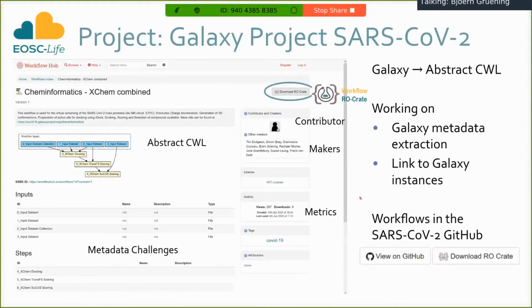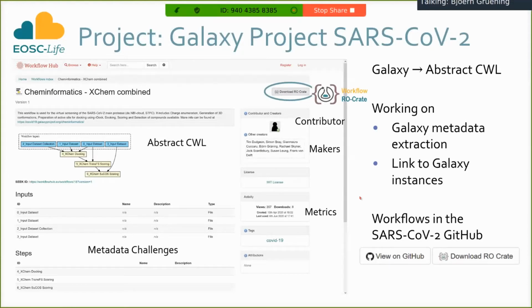And this is how it looks currently. So you have a depiction and a small image of the workflow. You have a description about your inputs, how many steps you have. We really would like to shoot out to the contributors, to the developers of the workflow, and provide a lot of metadata to the workflow, how you can render it.